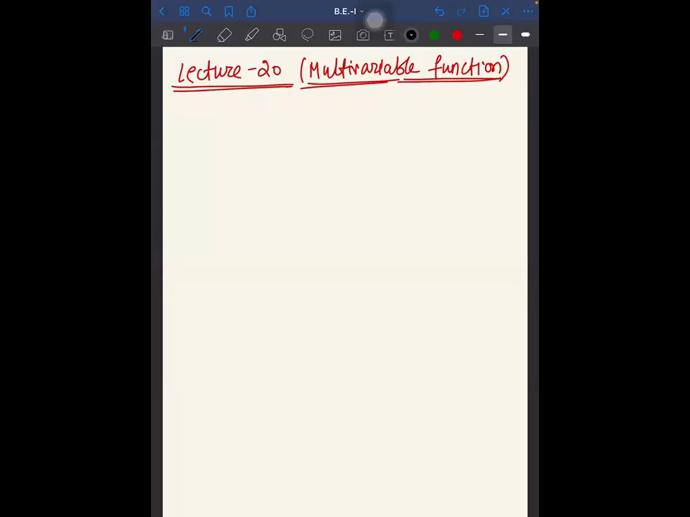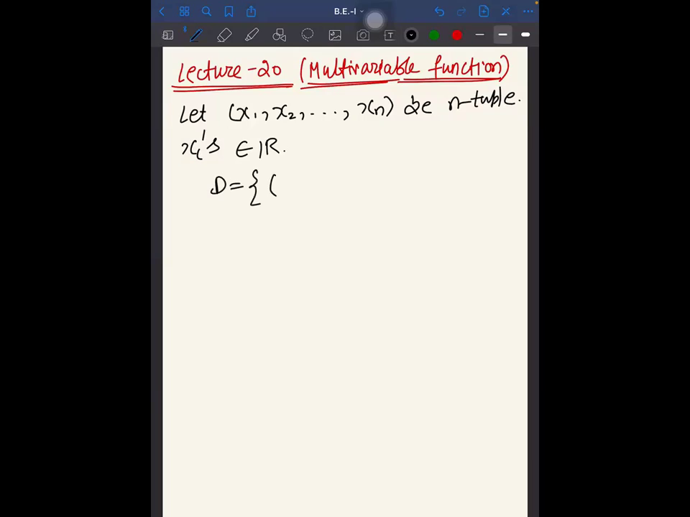Let x1, x2, ..., xn be an n-tuple, right? जैसे 2 tuple 2D हो गया है ना, 3 tuple means 3D, so we have an n-tuple, such that your xi's are real, all values of xi's are real, and this belongs to a set D. Okay, so let's say D is the set of n-tuple real values, right? Then a real valued